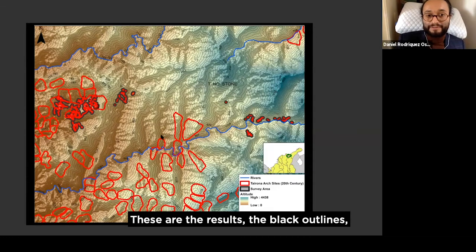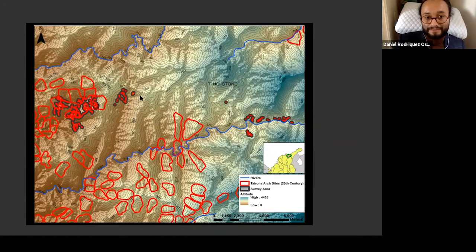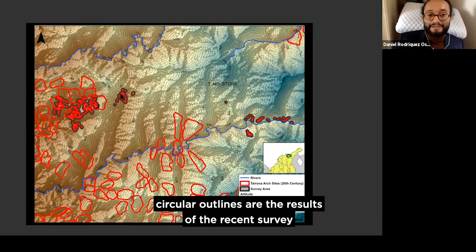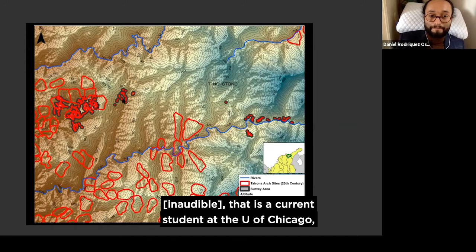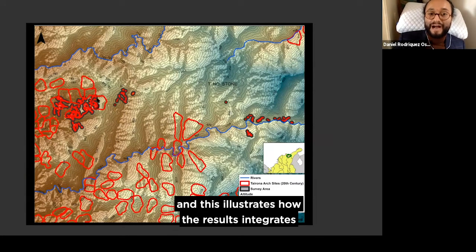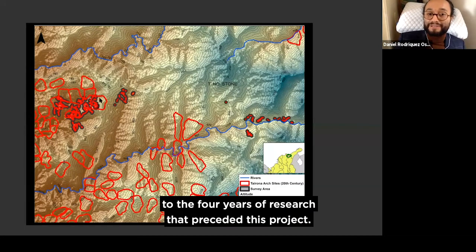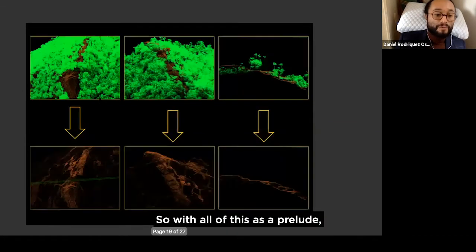These are the results, the black circular outlines, of a recent pedestrian survey that I conducted in 2019 with the help of Alice Diaz-Chognon, a current student at the University of Chicago. And this illustrates how the results integrate with the 40 years of research that precede this project. So with all of this as a prelude,